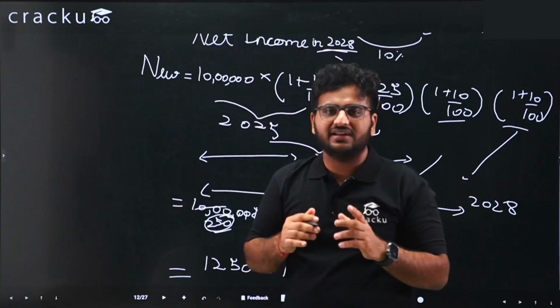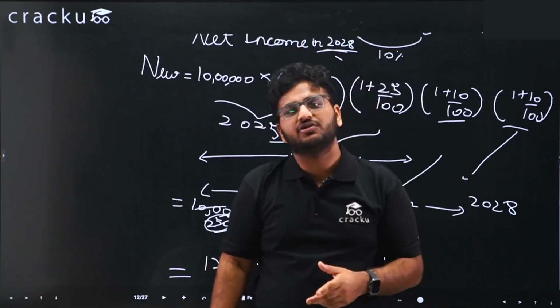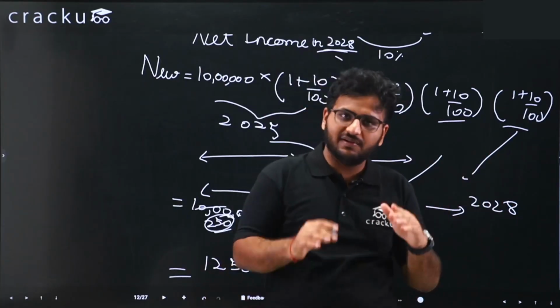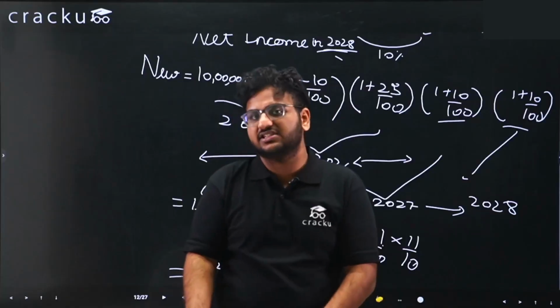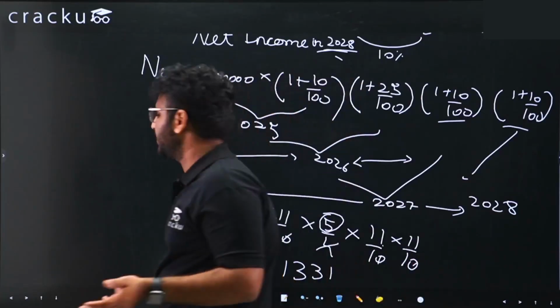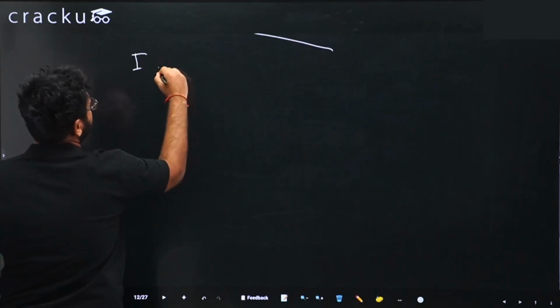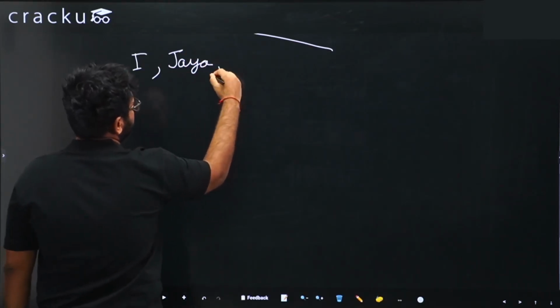See, if in place of increase there would be decrease, what we will do in successive change is we change the sign. So it would be 1 plus increase by 100 into 1 minus decrease by 100. Let us take another example. So if I, Jaya, Daya